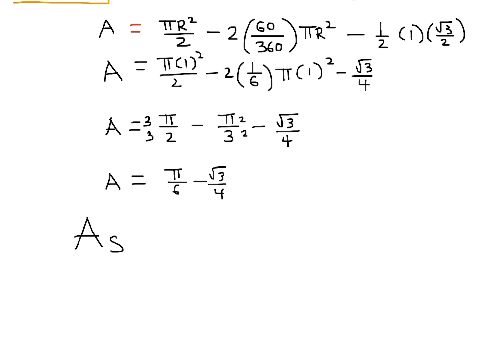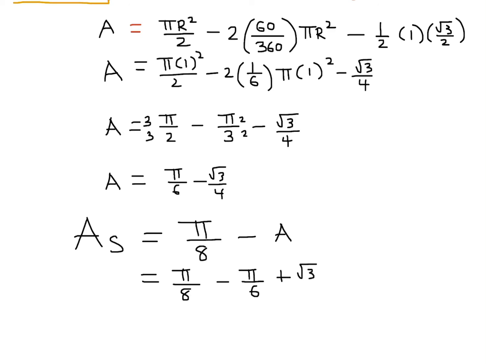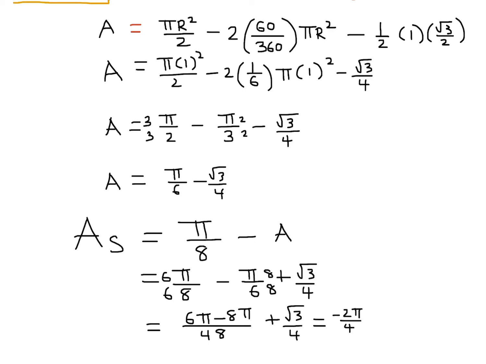So finally, area of the shaded region is pi over 8 minus A. So pi over 8, we got minus pi over 6 plus √3/4. Get a common denominator, 6, 6, 8, 8. 6 pi minus 8 pi over 48 plus √3/4. This is equal to minus 2 pi over 48 plus √3/4, which is equal to